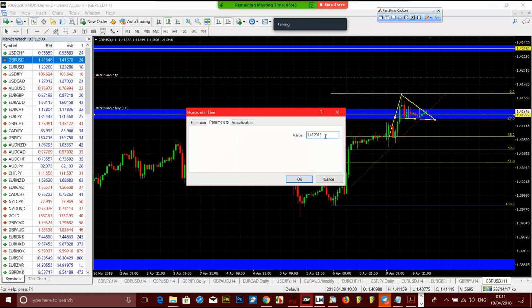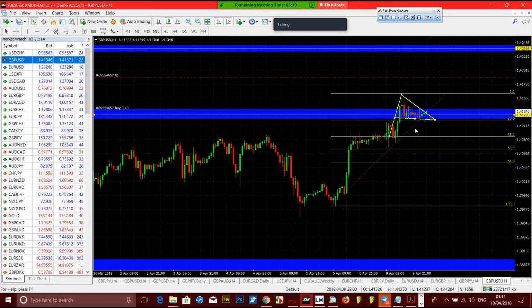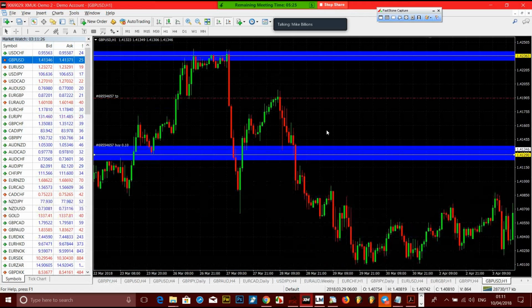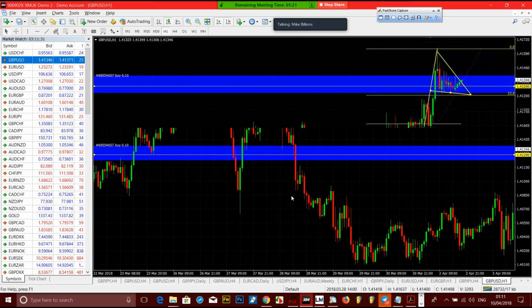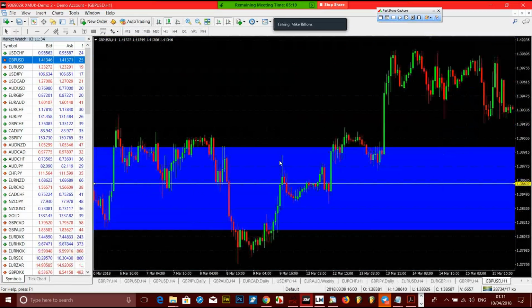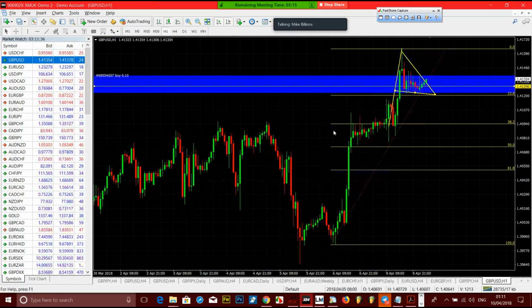$1.412. Let me see 900. Okay, yeah. So that's a psychological zone as well. And remember, I talked about confluence. So 1.41290 is a psychological zone, and it's a structure because you see some breakout and retest, you see breakout on some reaction in that area as well. If you go back, you still see loads of reaction in that area, and it's a fib level as well. Where was I? Yeah, it's the 23 fib level as well.